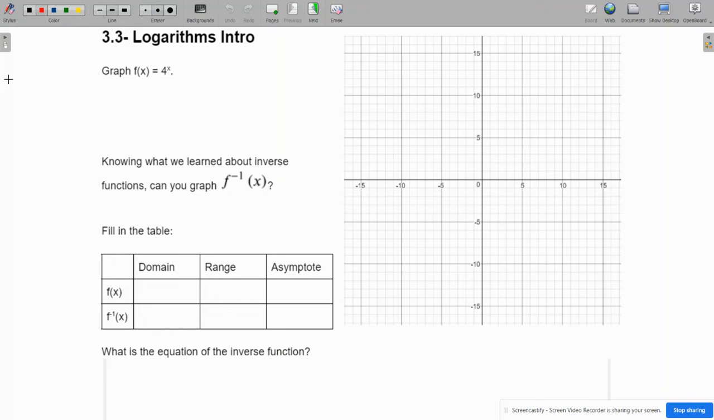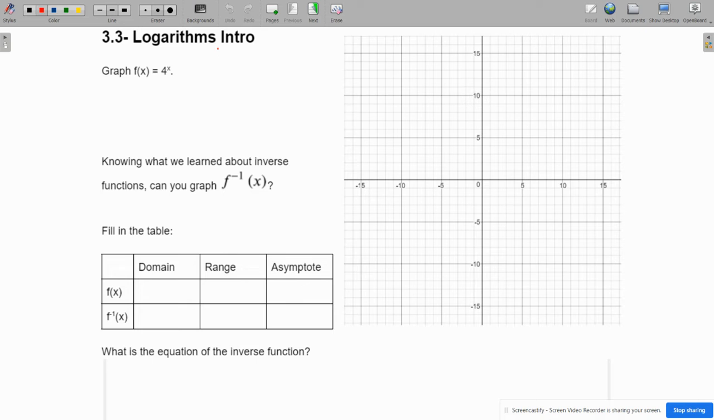We're now going to talk about logarithms. And so logarithms are very much connected to exponential functions. They are actually the inverses of exponential functions. So we're going to start with what we're more familiar with, which is an exponential function, 4 to the x